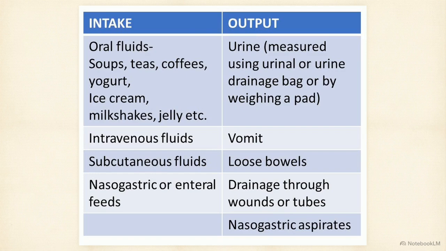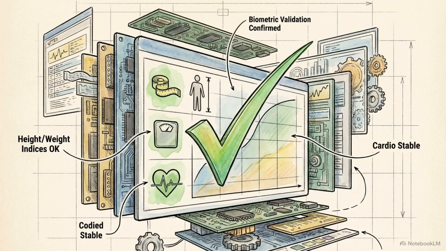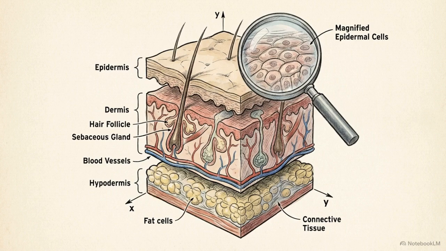Intake tracks oral, intravenous, and subcutaneous fluids, while the output column captures the precise volume of urine, vomit, nasogastric aspirates, and wound drainage. Height and weight lock in the physical scaffolding. Strict fluid monitoring reveals the real-time physiological stability operating within it. With the baseline established, the matrix shifts from passive data collection to the active anticipation of physical harm, beginning with